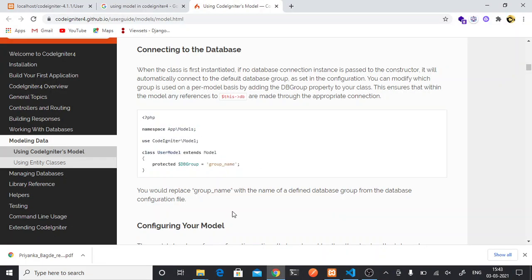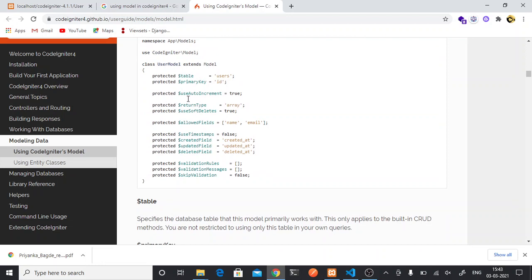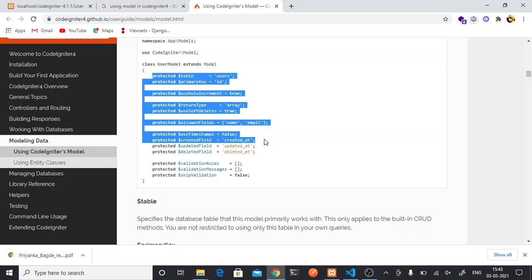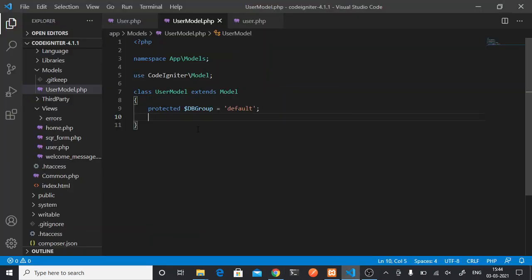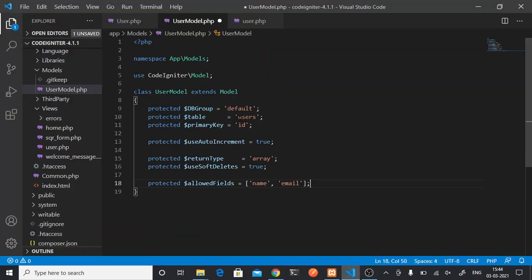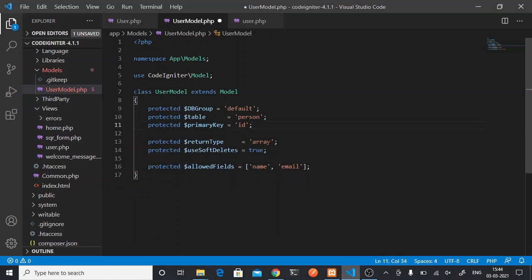Now next thing, we can use some of the properties that they have already given in their official document. We'll use only some of them for now. So we need table. Our table name is person. Then our primary key, which is ID. We don't need this for now. Then return type array and the allowed fields.